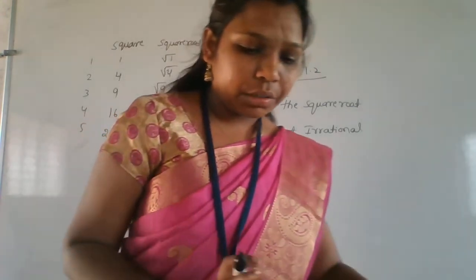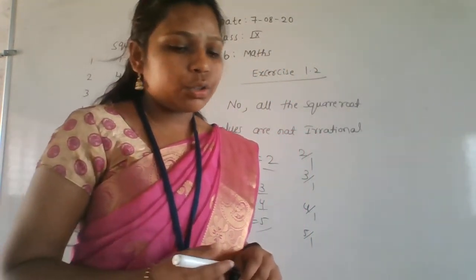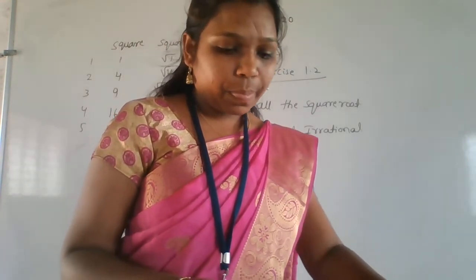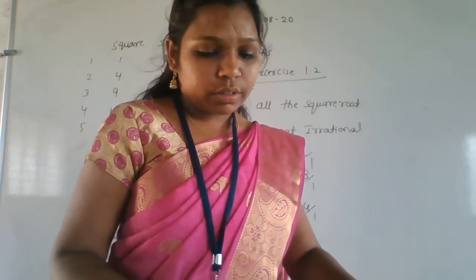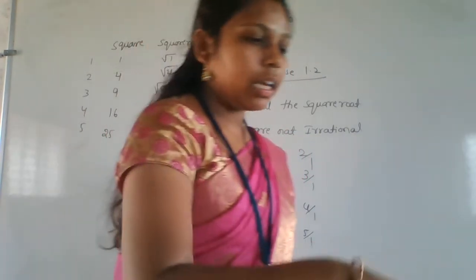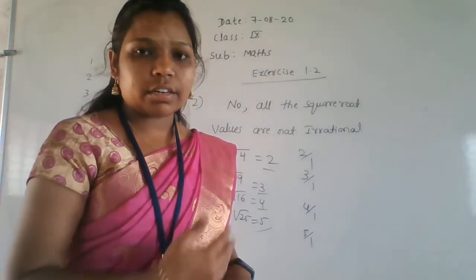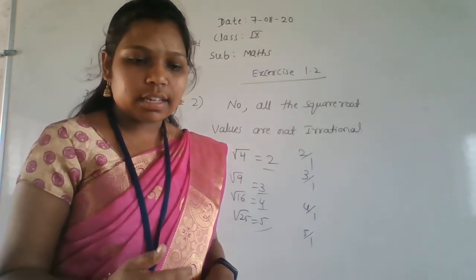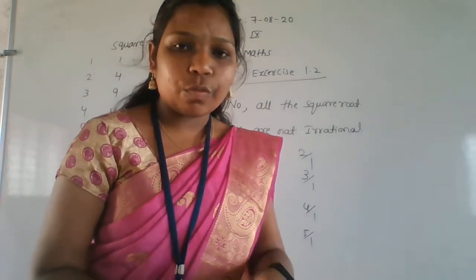Okay. I hope everyone understood this question clearly. Okay. Next, the third one is: show how root 5 can be represented on the number line. Before that, I'll give the solution for the fourth question. Please go through the fourth question. After that I'll give the third question's answer, because if you solve the fourth question then it is very easy to solve the third question. So that's why I am doing the fourth one first.